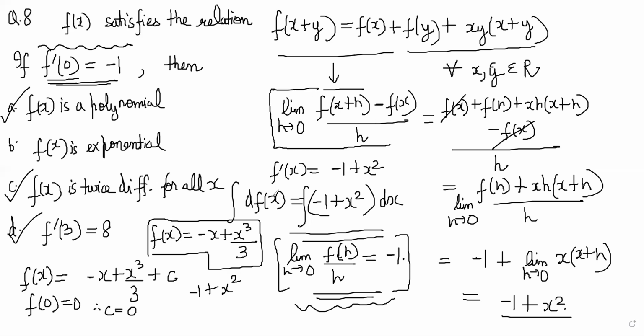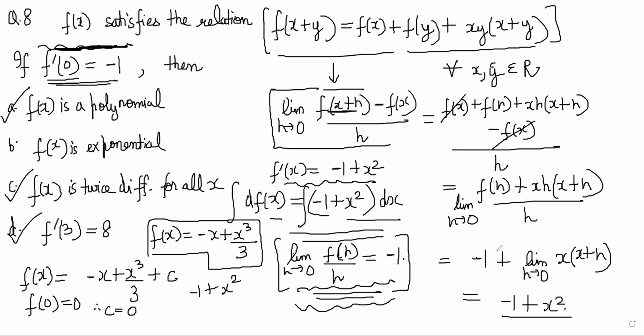So this is a trick: if you can get f dash x, then you can get f of x by integration, right? Because the statement was such that you couldn't use this part here, and you already know one value of this limit by definition here, right? Therefore, you were able to find f dash x, right?